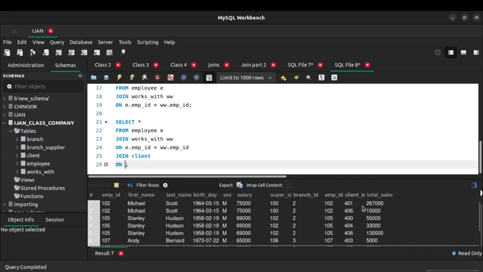Now you need to know where this client's ID is coming from. It's coming from the works with table, so that will be www dot client ID equals to, now the client itself, clients dot clients underscore ID. Yeah, so if you run this now,